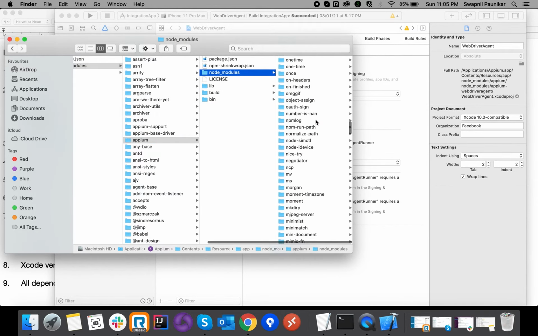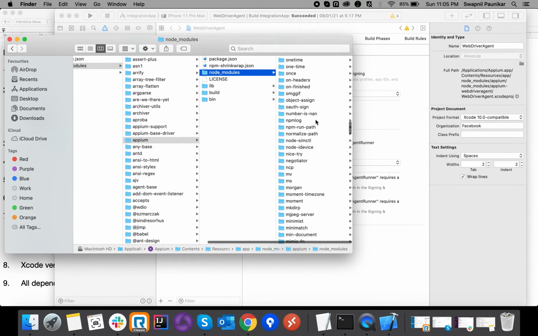In order to run on a real device we must sign in the IntegrationApp and the WebDriverAgentRunner app. We will explore how exactly this works when we set up the real device. I just wanted to tell you that this should be there.